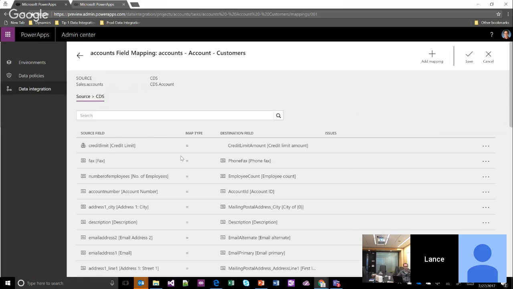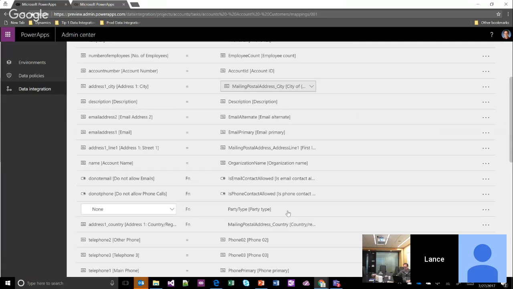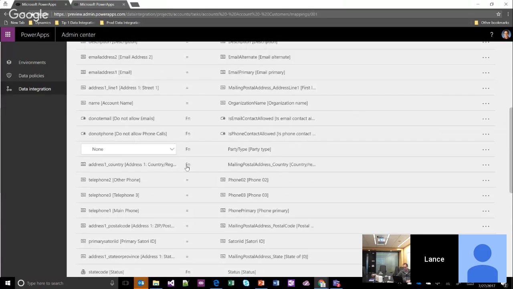Or I might want to do some other kind of crazy transforms, like a calculated column or a join. I do some transforms down here, but I could do them all inside of Power Query.